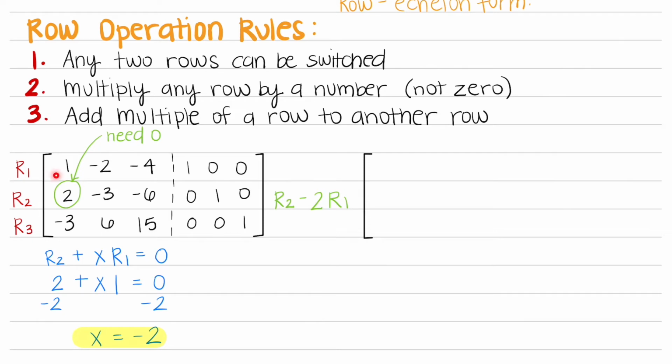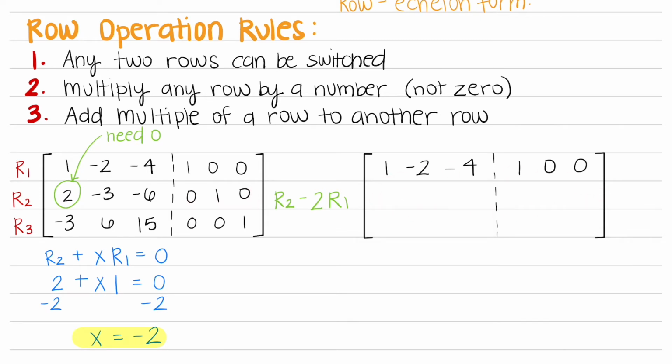First, let's write in our matrix that first row. Since we're not applying any rules to row 1, let's just write row 1 as it is. So 1, -2, -4, 1, 0, 0. Now let's move on to row 2. Since row 2, we were trying to change that 2 to a 0, and we came up with our formula here to apply. We would apply that formula to every term in row 2 to get our answers on the right. So let me show you how we would do that.